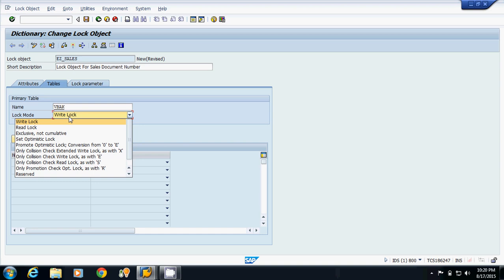Now the read lock is also called shared lock, the write lock is also called exclusive lock, and the enhanced write lock is also called exclusive but not cumulative.